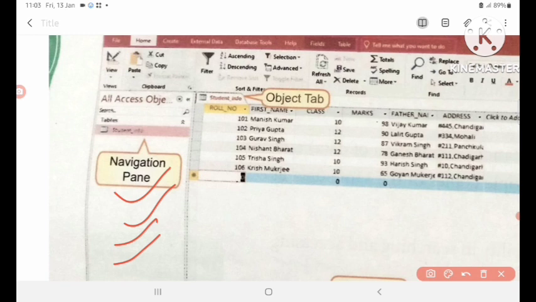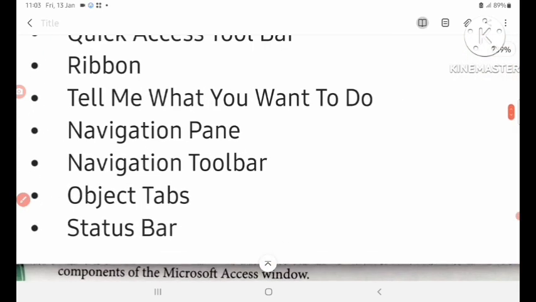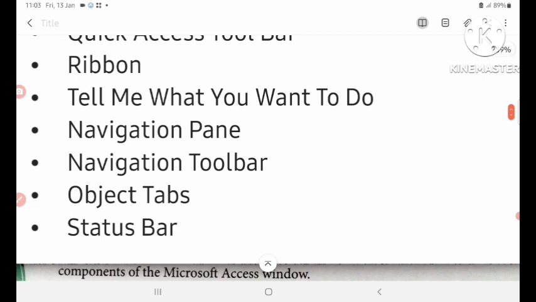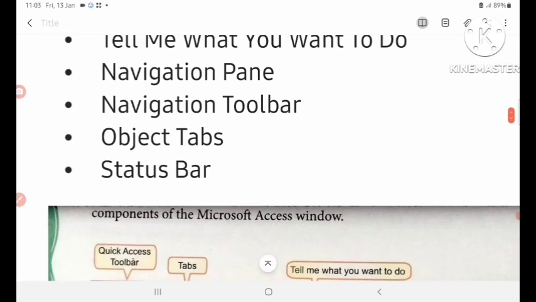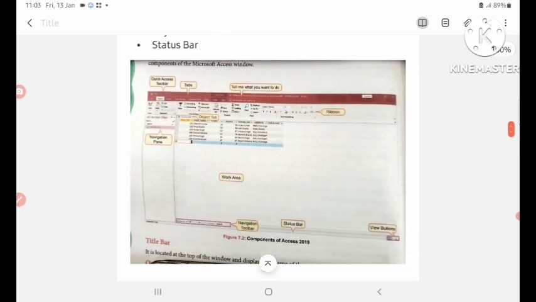Now children, look at the next point. Object tab. The next component is the object tab. Now look on the Access screen, where is the object tab? Okay children, this is the object tab.